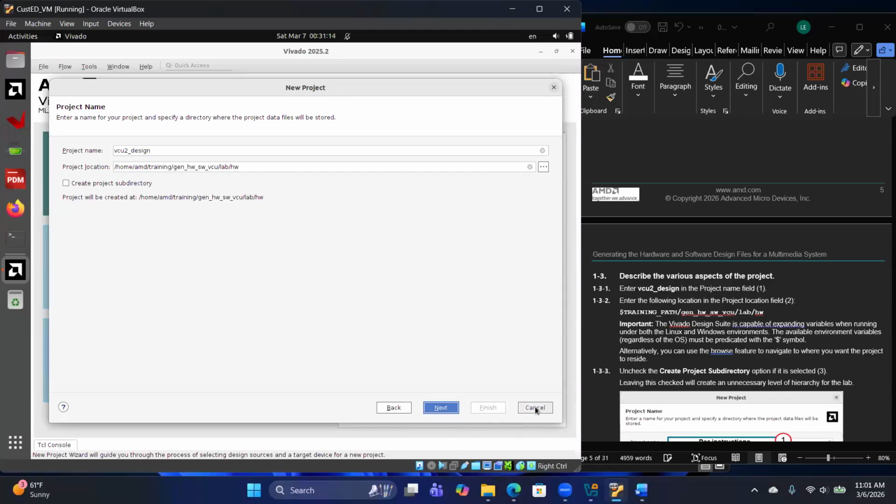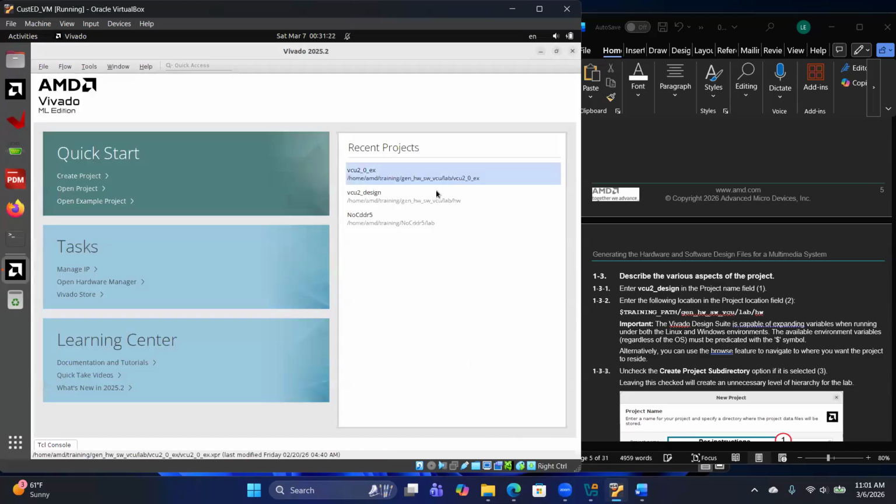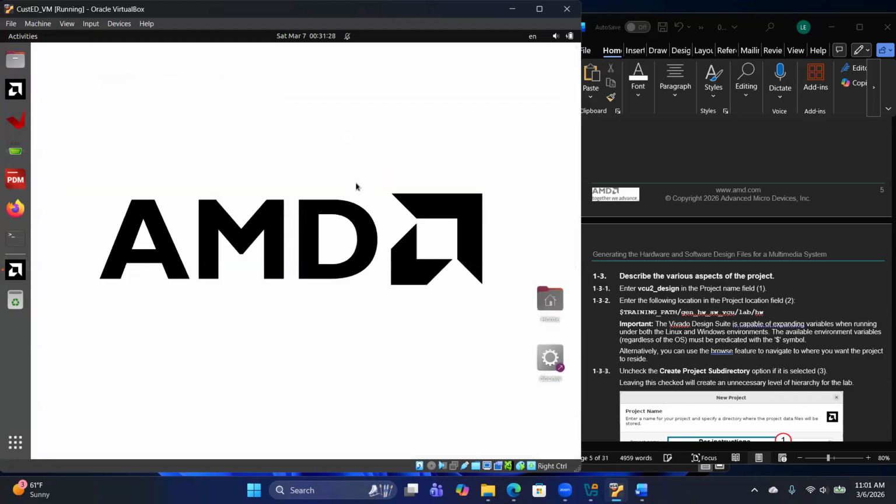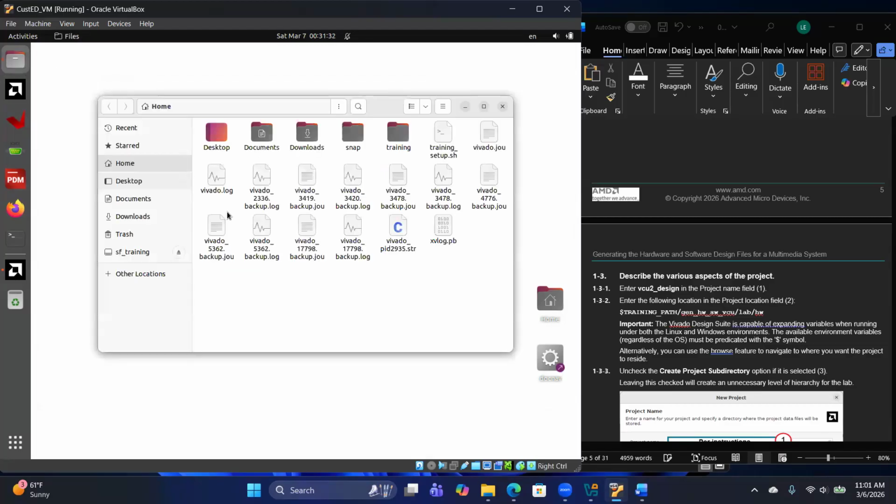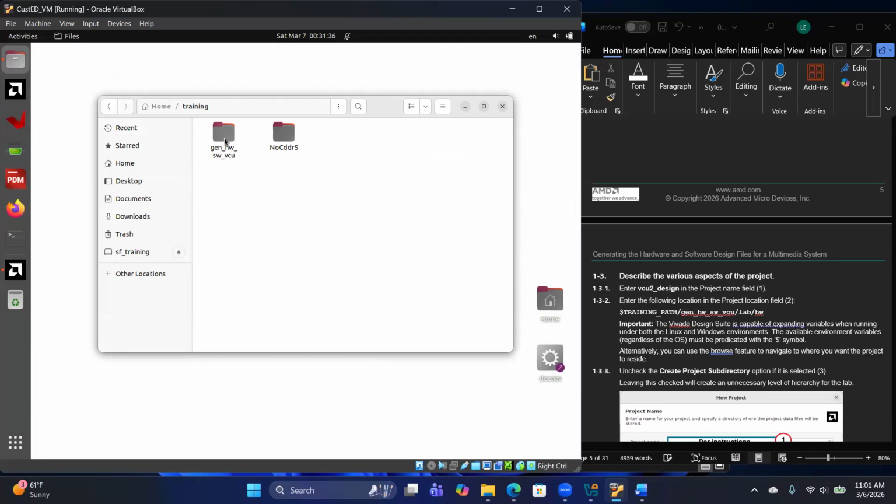Because I still want to walk through these steps, I'm going to quit this for just a moment. I walked through the same step, and Vivado won't let me create the same project by the same name in that same location, but I can remedy that simply by